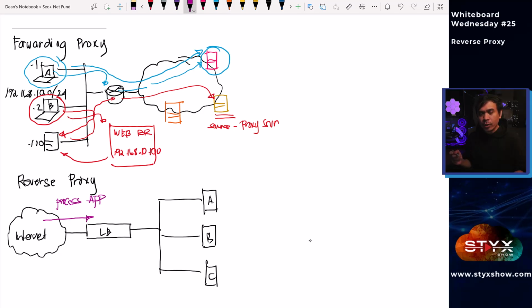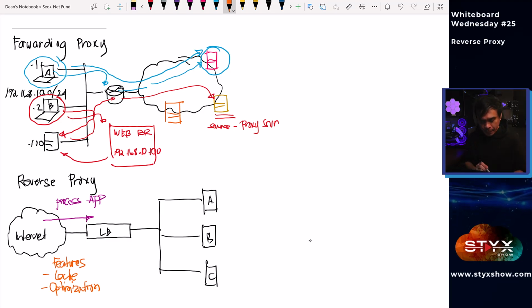Now, take note, reverse proxies, it's not only load balancing that it can do. There are many different features that it can support, okay, such as caching, optimization. Sometimes filtering is also supported, but again, the most important is load balancing. Now, how does load balancing work? Here's how it works. So this load balancer or our reverse proxy, once it receives the request, it will forward